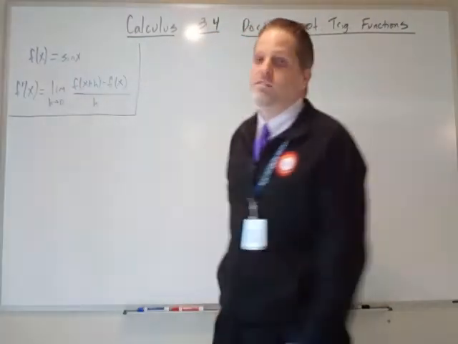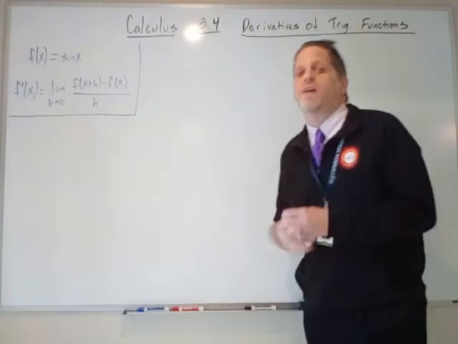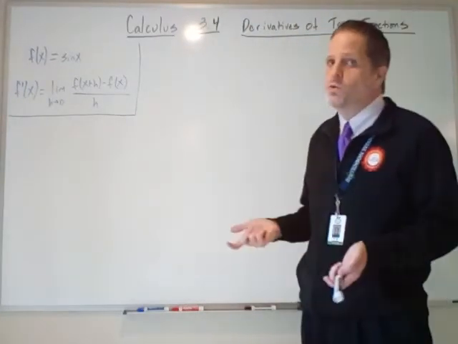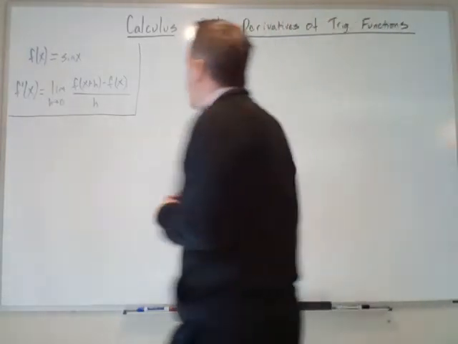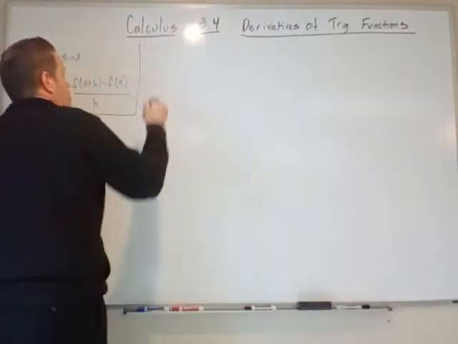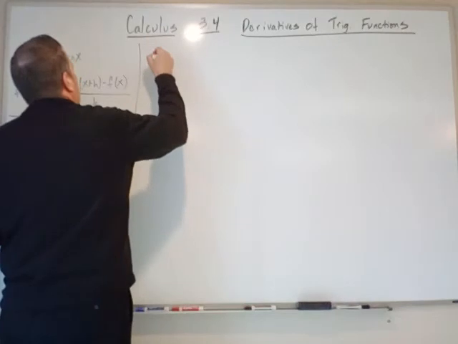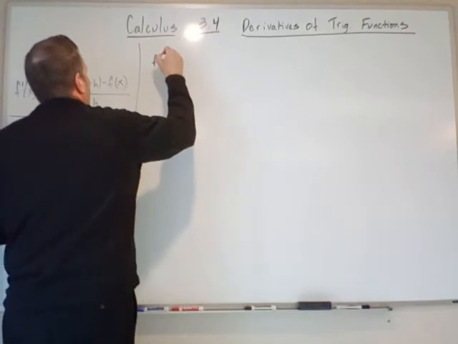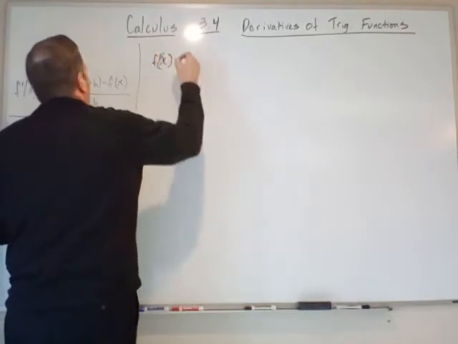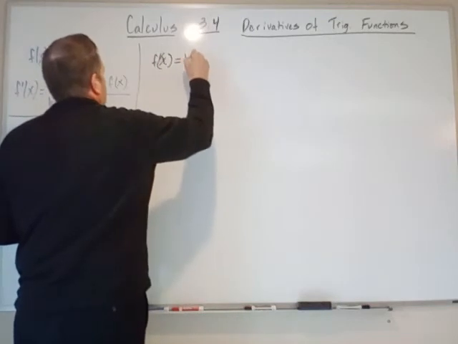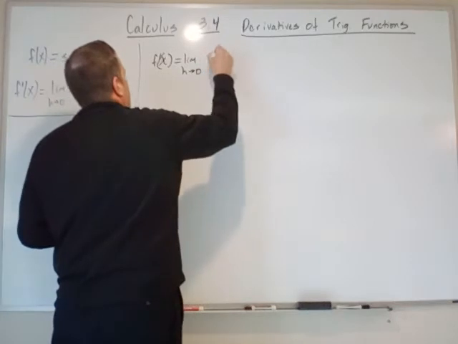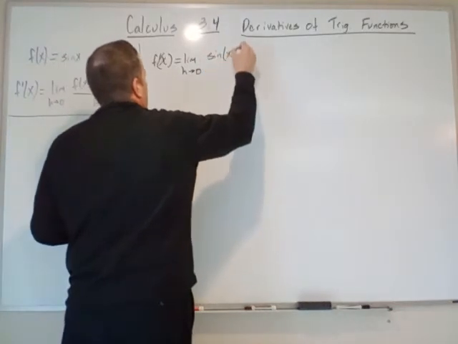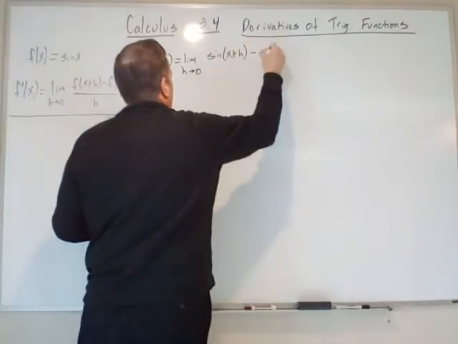So I've got f of x equals the sine of x, and I want to find its derivative, and I'm going to use the difference quotient, the definition of the derivative. Okay, let's apply that definition. So f prime of x equals our limit as h goes to 0 of the sine of x plus h, minus the sine of x,